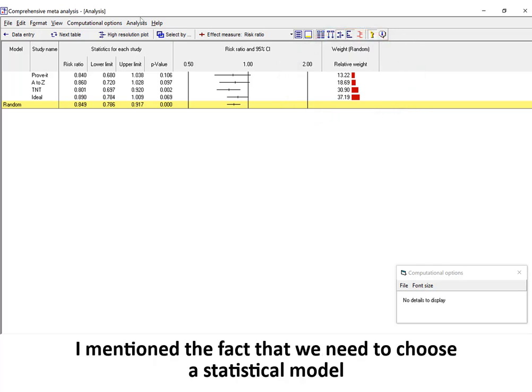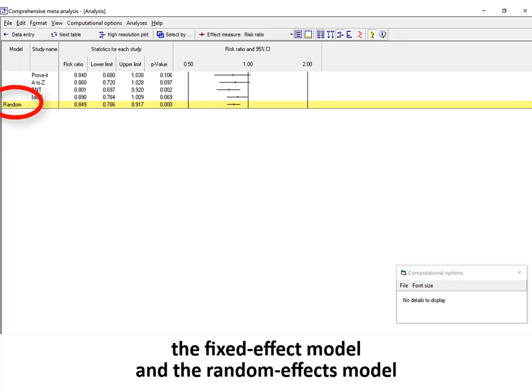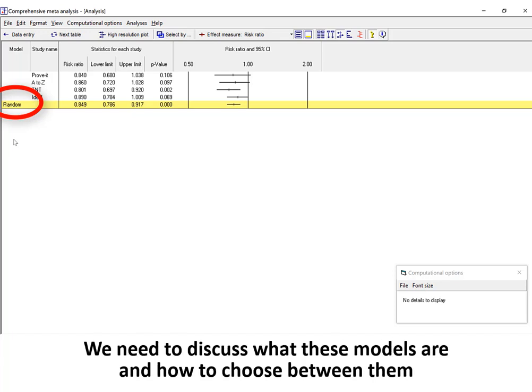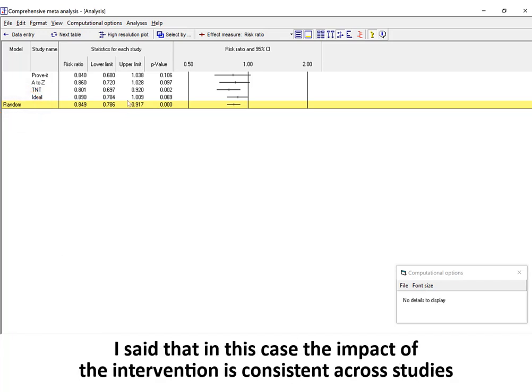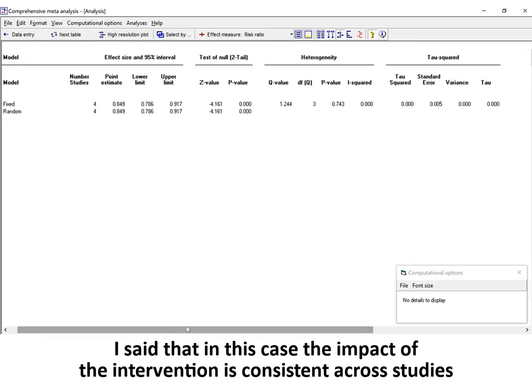I mentioned the fact that we need to choose a statistical model. Typically, we choose between the fixed effect model and the random effects model. I said that the correct model in this case was the random effects model. We need to discuss what these models are and how to choose between them. I introduced the idea of heterogeneity. I said that in this case, the impact of the intervention is consistent across studies.